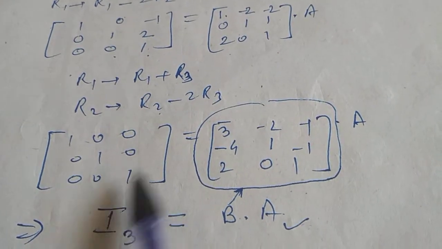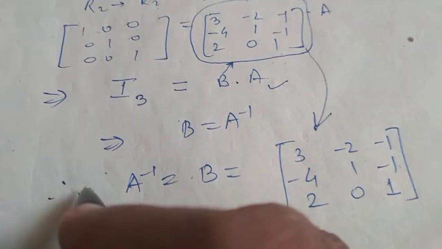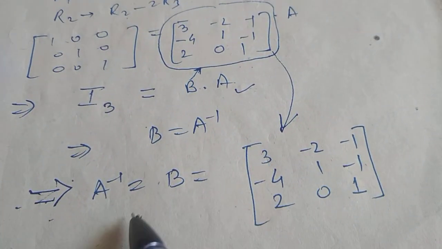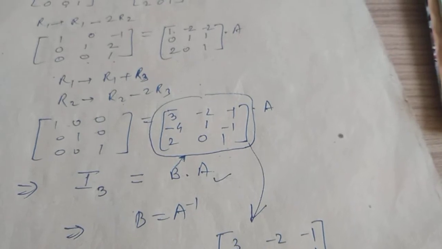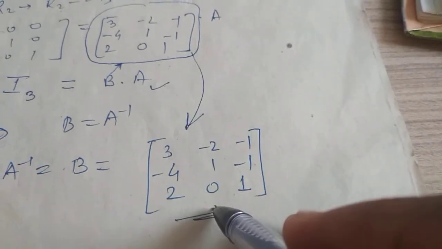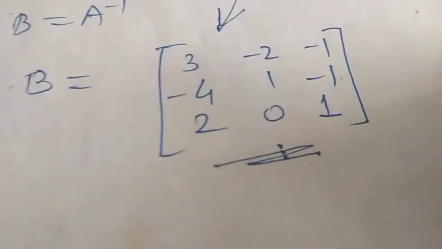After getting the identity matrix, just simply write that this is your A inverse. You can directly jump to this step and simply write implies, after this step: implies A inverse is directly equal to this matrix. Okay, just practice. Now take this matrix as your question and try to find its inverse using row operations. Try to get the answer. This is a very good exercise, children. Take whatever answer you are getting, take that as the question and start solving. Another piece of advice: also find the inverse using column operations.